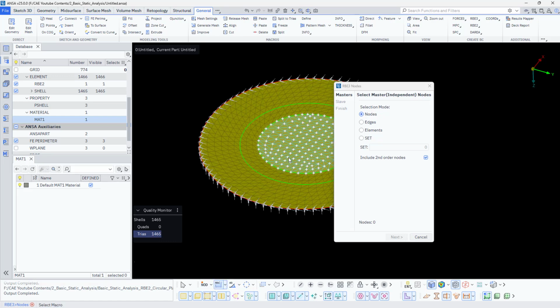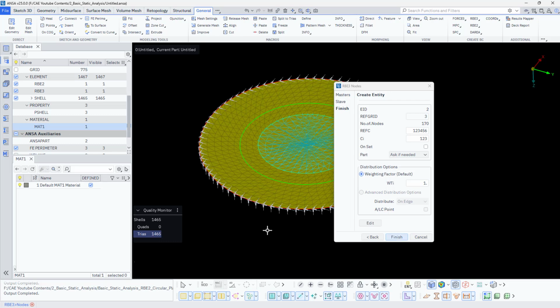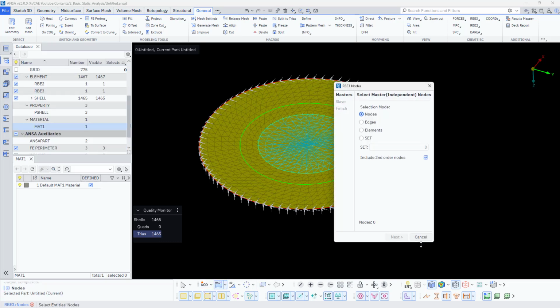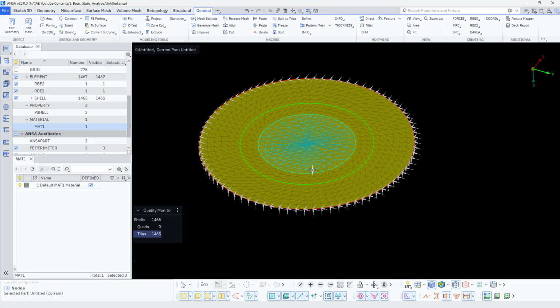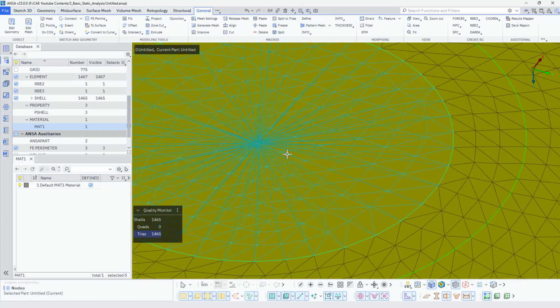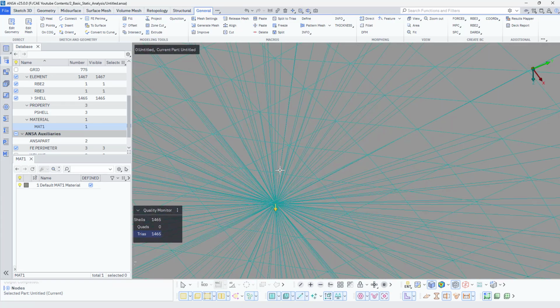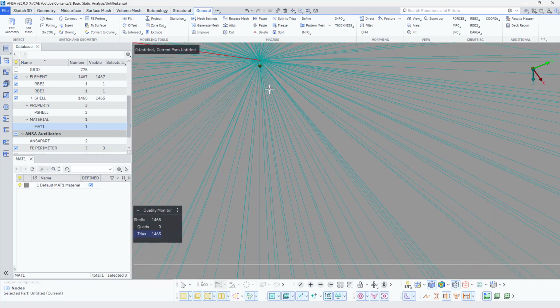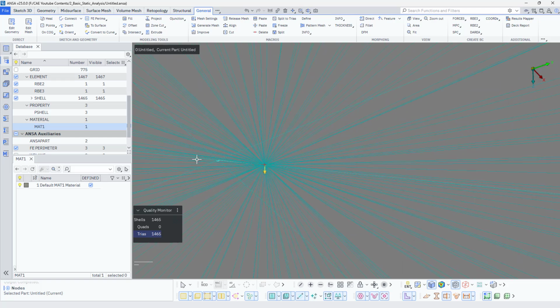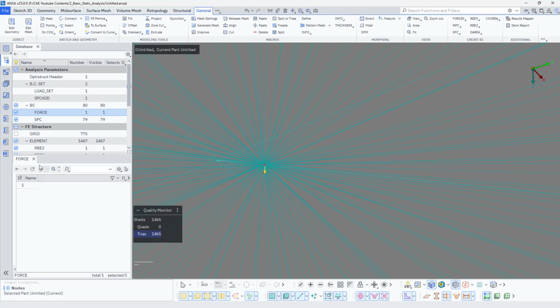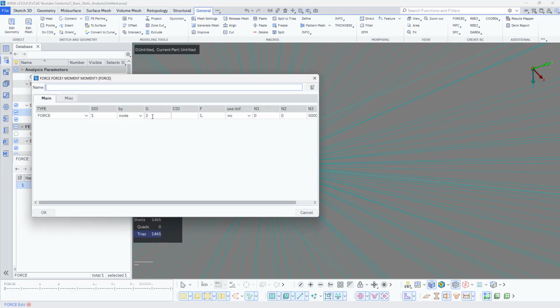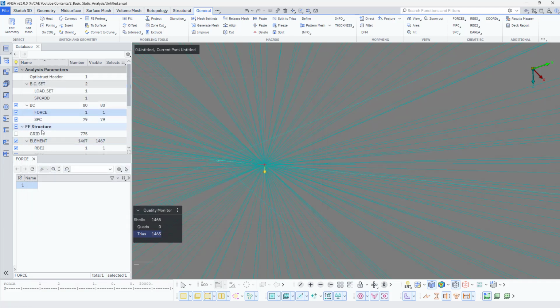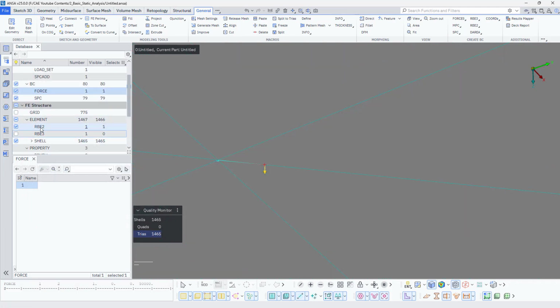Just switch to again MAC ID, just select this region, next. Yeah, so it is done. So we have RBE2 plus RBE3. We now carefully need to delete RBE2, and on that grid point where the load is applied, we need to connect with this particular RBE3. Yeah, so the grid point is 2, and if I go to RBE3 and check,